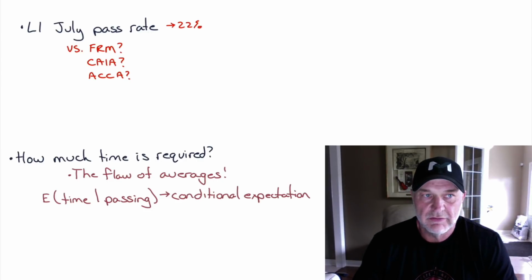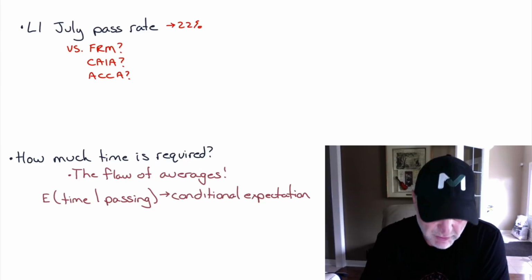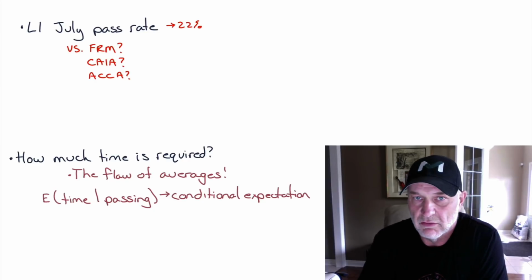22% pass rate for the July level 1 exam. After we see 25% for May of level 1, we're down to 22%. So the first part of this video, I'm going to discuss this pass rate, and we'll look at it from